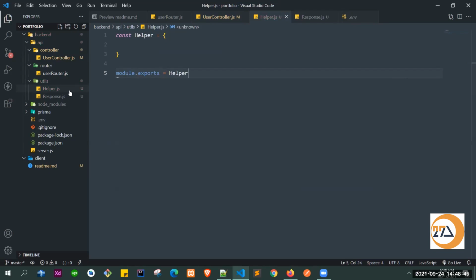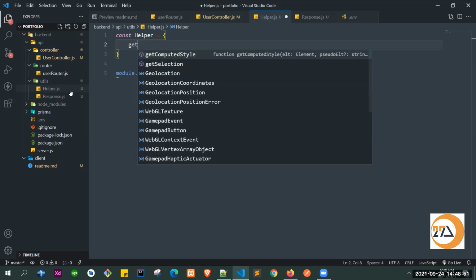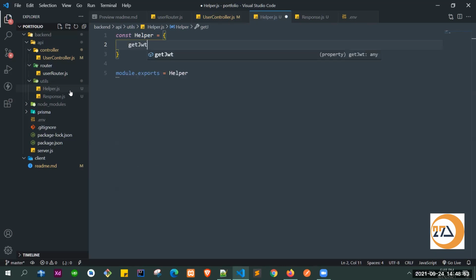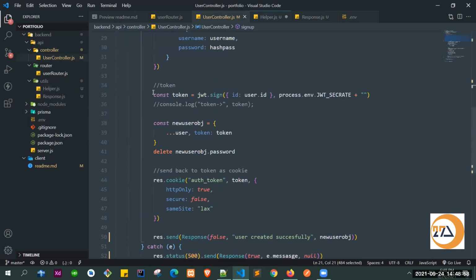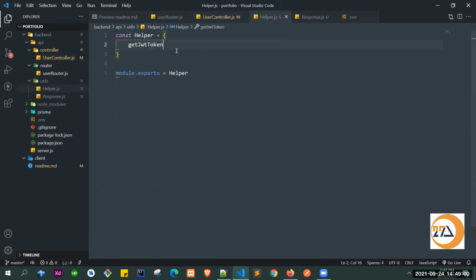Inside helper, let's first create a function like getJWTToken.